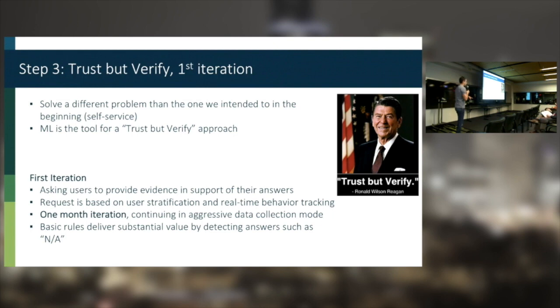The sort of a little heavy-handed, everybody has to give us a lot of information, which also gives us a lot of training data, took maybe 1 month to implement, so that was fairly quick. And then you can start looking at the evidence that people provide. And you'll see that whereas some people thought that people write sort of nonsensical things about Humpty Dumpty and so on, that doesn't actually happen. So some people will say that the evidence is not available, and that's very easy to filter out. But otherwise, that's not what bad evidence looks like.